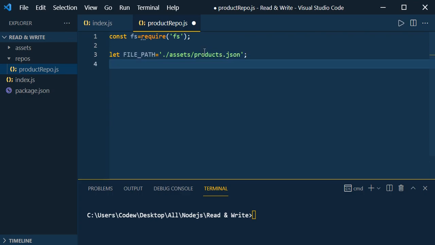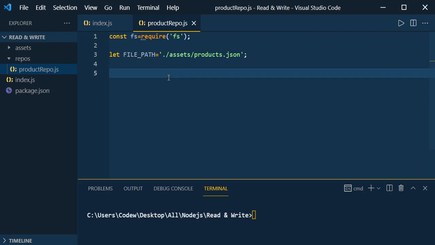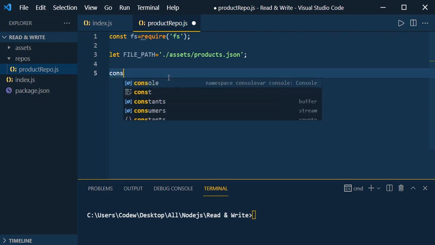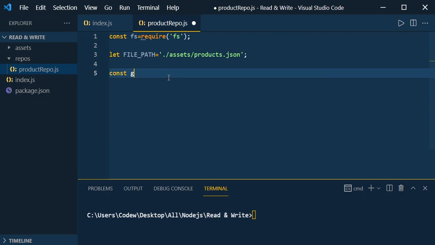Make sure that you mention the correct path and you spell it correctly. After that, I am going to create a function. So get products equal to, I am going to use the arrow function here. If you are not aware of the arrow function, please watch my suggested video where I explained all the ES6 features along with the arrow functions.